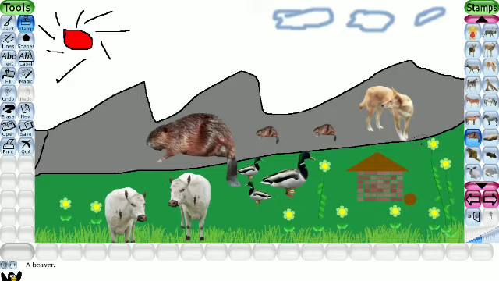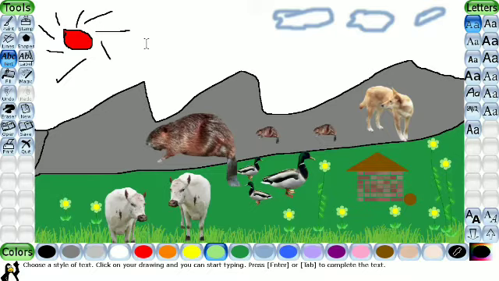The next is text tool. After drawing that picture, if you want to give some title or some text, two options are the text tool and label. So you can click the text tool and click on the screen where you want to type the text. Okay, after that you can type the text what you want. What is the title that you want to give for the text, you can give.